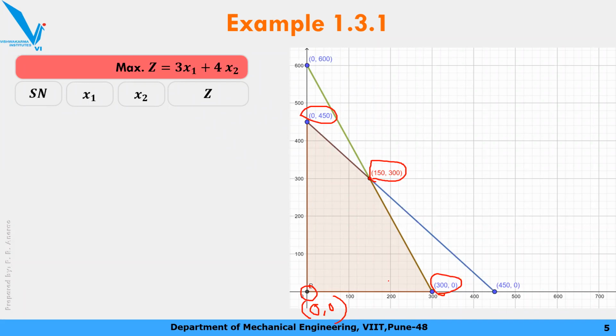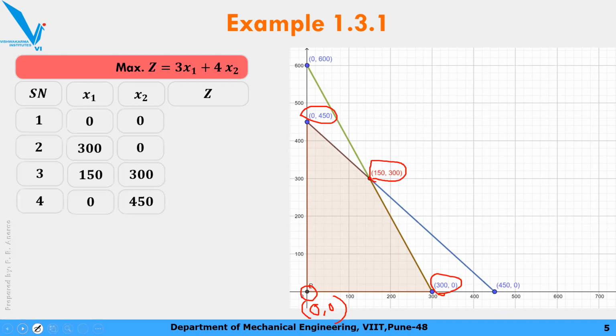ये इसमें से चारों में से एक ही आपका आंसर है. Okay, so let's start with writing down x1 और x2 कोऑर्डिनेट्स for each corner point. Collect कर लिया। अब क्या करना है, easy task है। This is your objective function. आपका प्रॉफिट का इक्वेशन है, देखो 3x1 plus 4x2. One by one we will put the values of x1 and x2 in this equation.